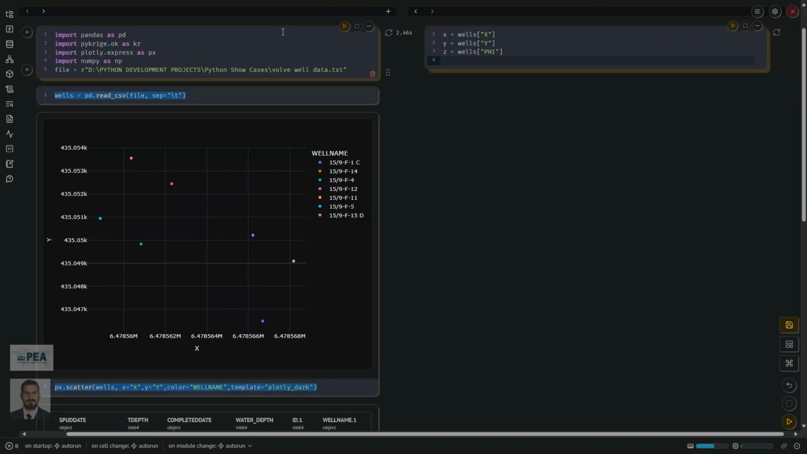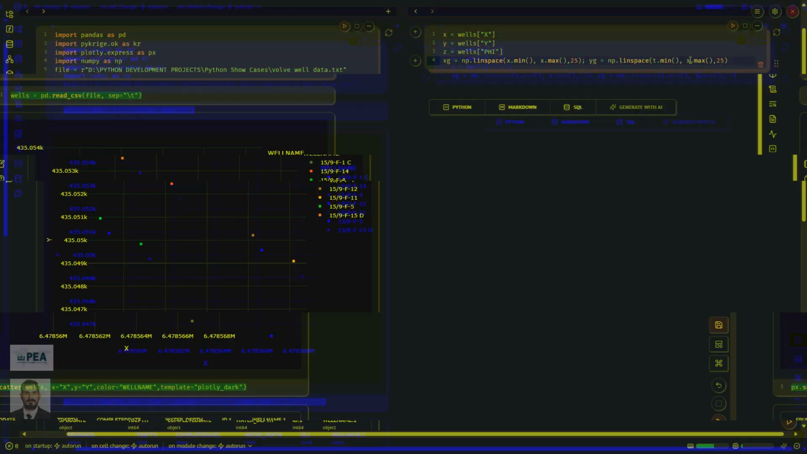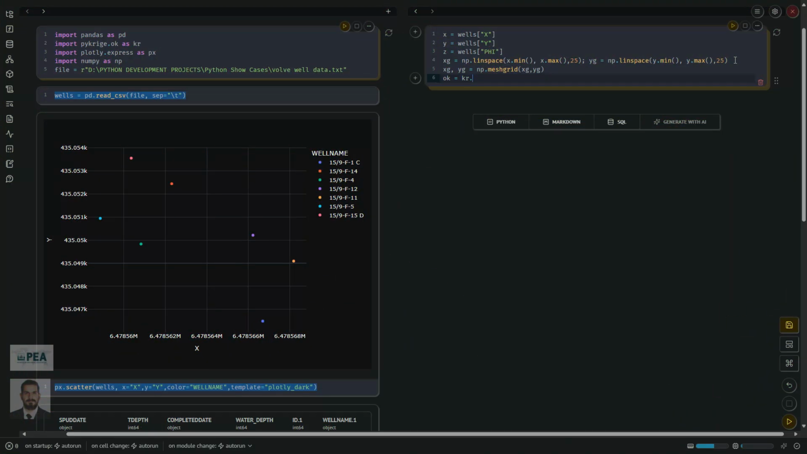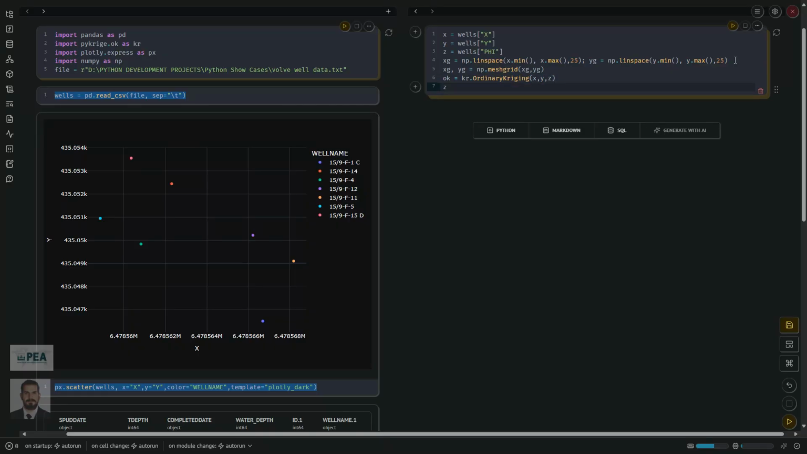Now, the next step would be to have the grid distribution, because the wells are usually scattered and they are not geometrically distributed. So we need to distribute these geometrically using the grid functionality. Once we create the grid, now it's time to have the Kriging distribution or property distribution engine installed in Python